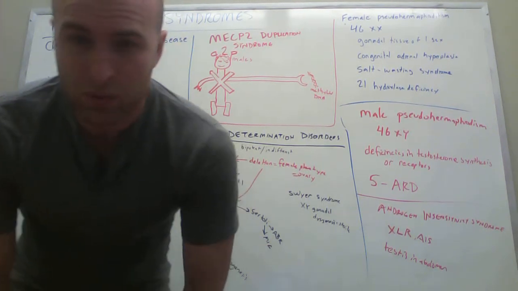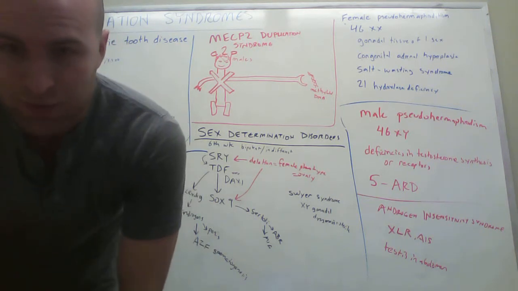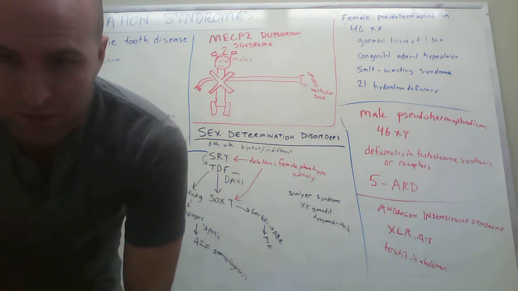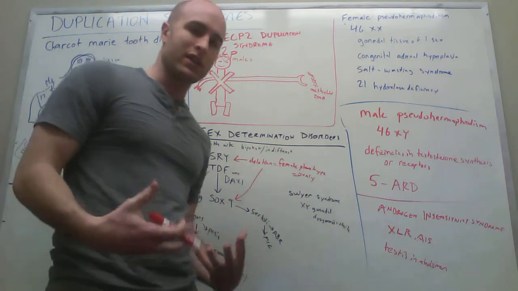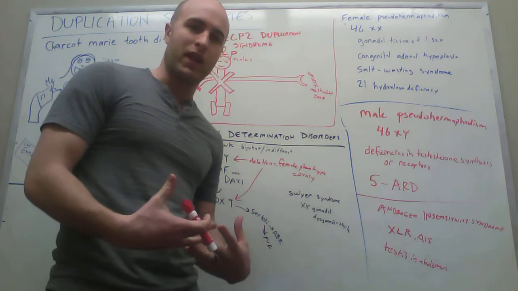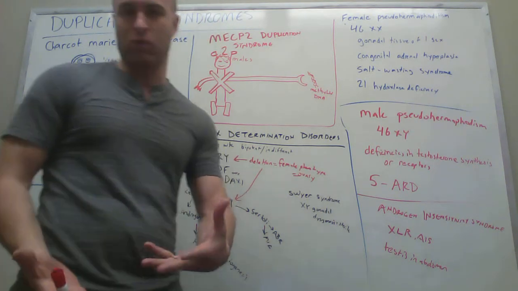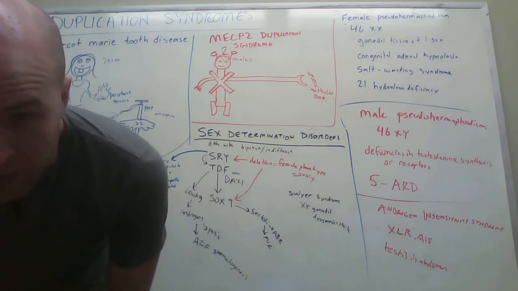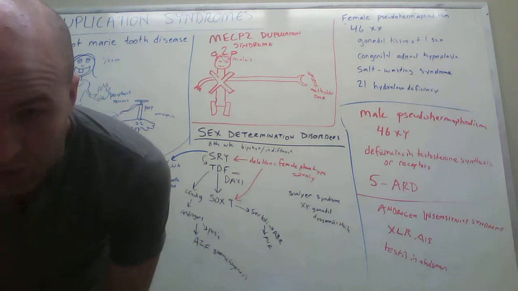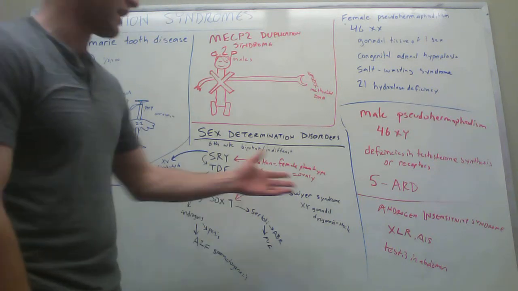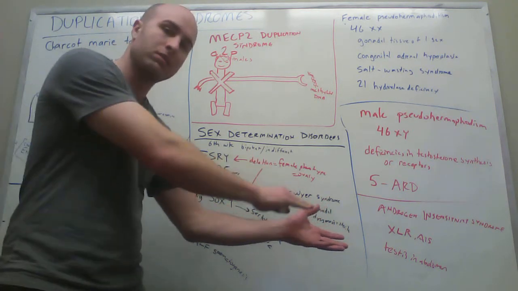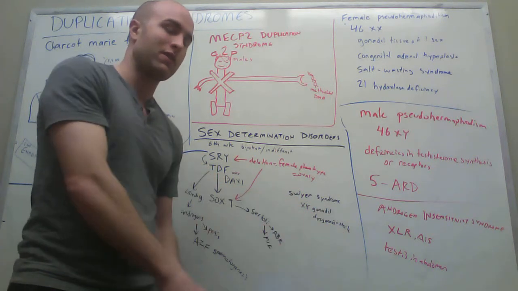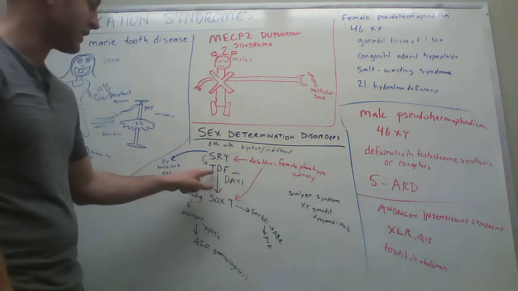So it says here, if there's an XX female with a male phenotype, in other words, if you have somebody that's genetically an XX but they look like a man, then what's going on here is that the SRY gene was probably translocated to an X chromosome. So what you have here is an XX person that somehow got that SRY gene. If they have the SRY gene, then they're going to have testes